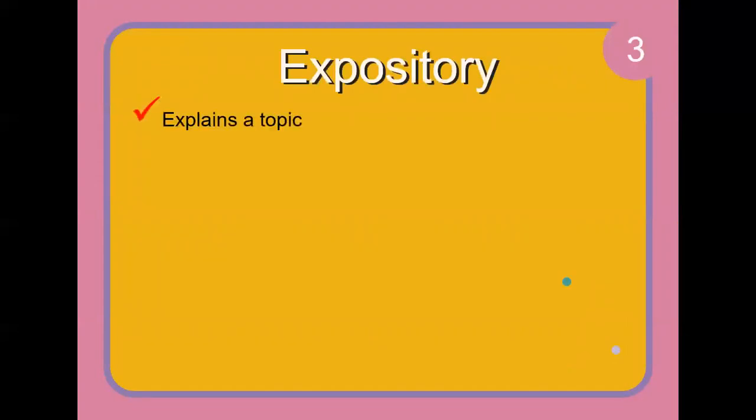The expository style: the writer explains the topic that he already knows about. He wants to share it with the readers, and he also wants the readers to act upon it, to use that topic. So this explaining of the topic can be said to be that the writer actually informs the audience about a particular aspect that he knows about.